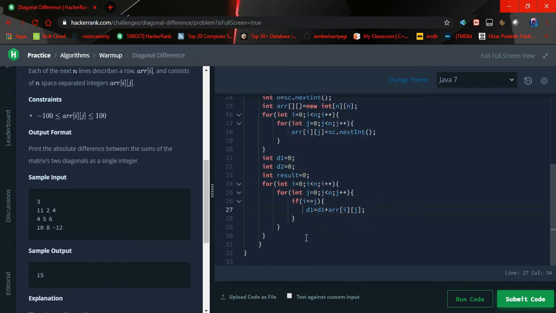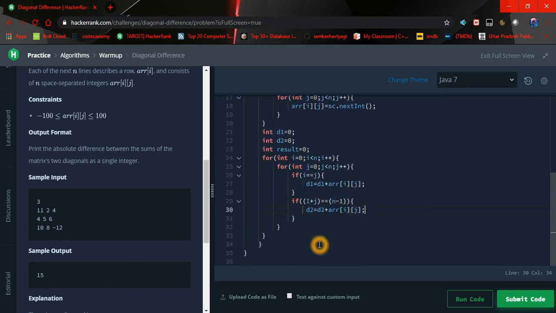And now what we have to do, if i plus j equals n minus 1, sorry, let me use one more bracket. So what is going to happen here, d2 equals d2 plus array of i j.